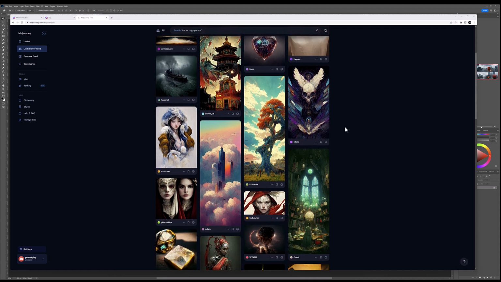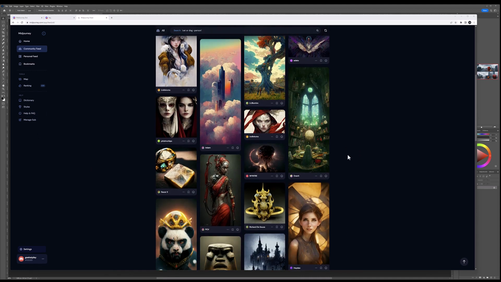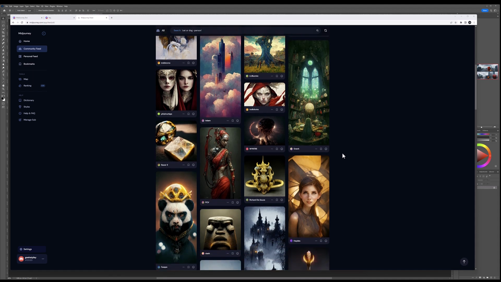If you look at the terms from Midjourney, it actually says that if you find a piece of art that is yours, you can tell them and they will remove it, because Midjourney works this way. It has access to millions of artworks from the public domain and takes pieces from them and combines them together.